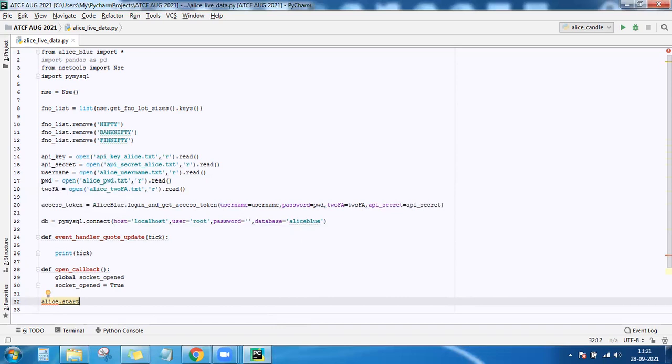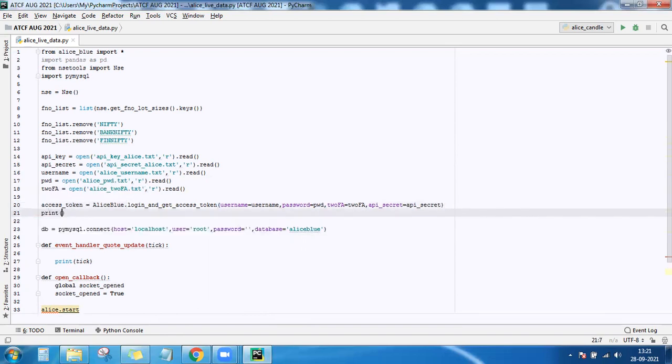Okay, after getting the access token, now here when we got the access token, you can print it for your reference.